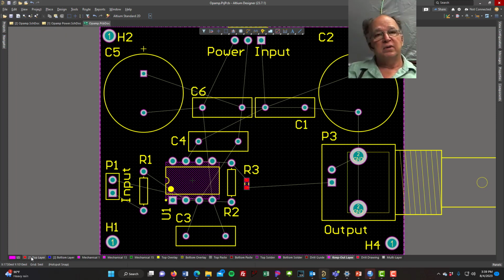The red tab is copper on the top. The blue tab is copper on the bottom. This is a two-layer board. We can have copper on the top, copper on the bottom. That's what these colors mean. So if I select my top and I tell it I want to interactively route, I can come up here